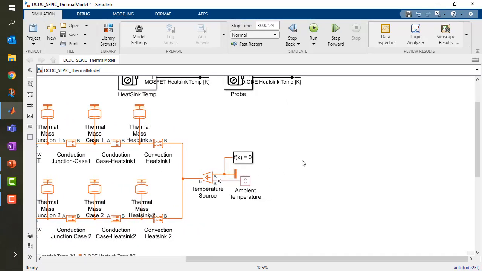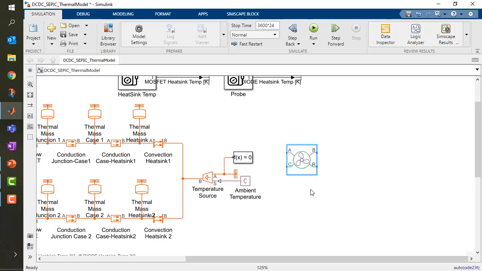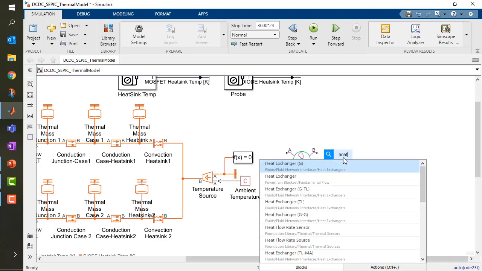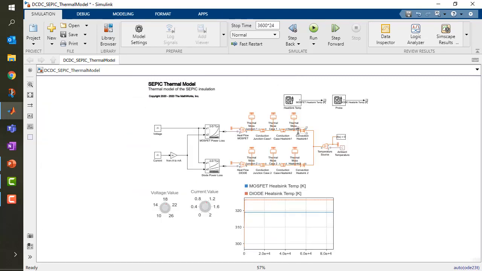Now, of course, if the passive cooling is not enough, your colleagues who are working on the cooling system may need to search for a fan to start blowing air actively on the heatsink. Maybe you need some heat exchanger as well. So we provide a lot of these blocks that allow your team to work truly on the entire engineering aspect, not only on the power electronics, but on the cooling, sizing the cooling, and the cooling control. So this is what we mean when we say that we provide truly a multi-domain simulation environment for a multidisciplinary team to work on.